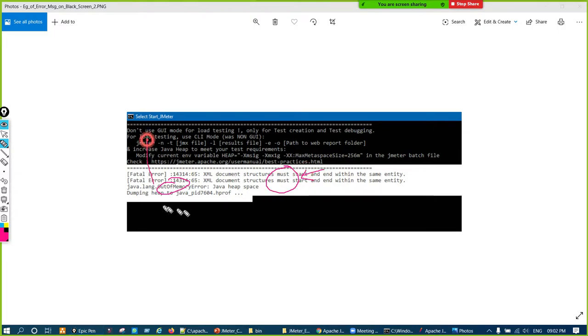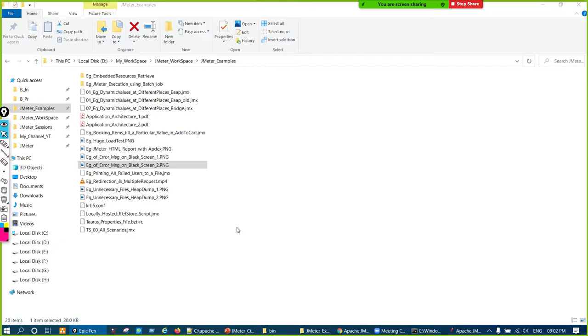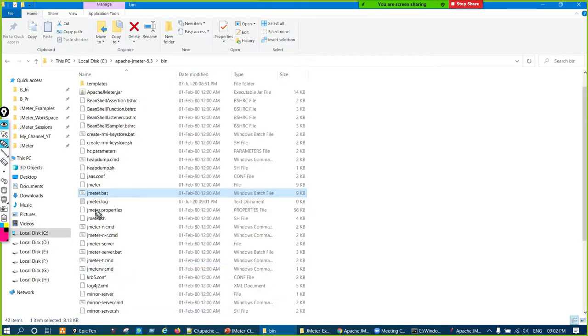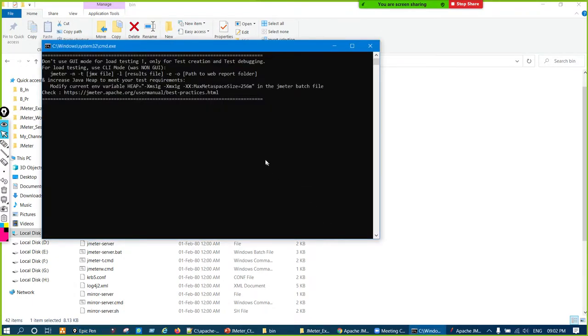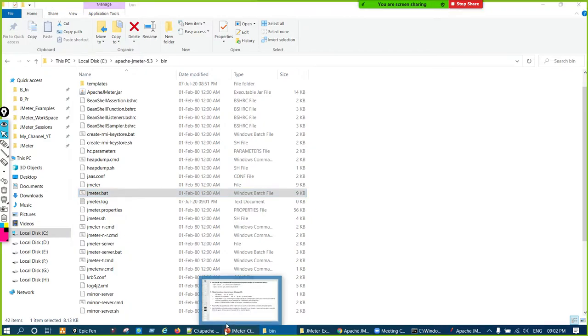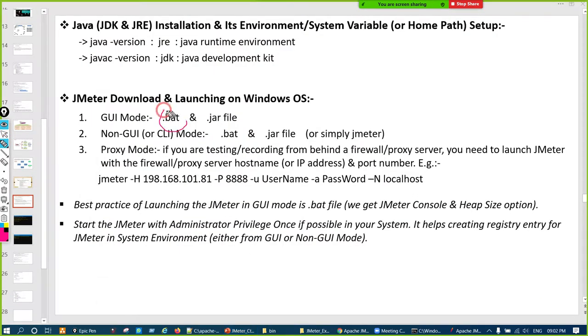So this is the beauty of that console, and why we should launch JMeter using JMeter.bat. That is the use of this console. So these are the two ways of launching JMeter: one is using .bat and one is using the jar, but .bat is indirectly calling the jar file only.